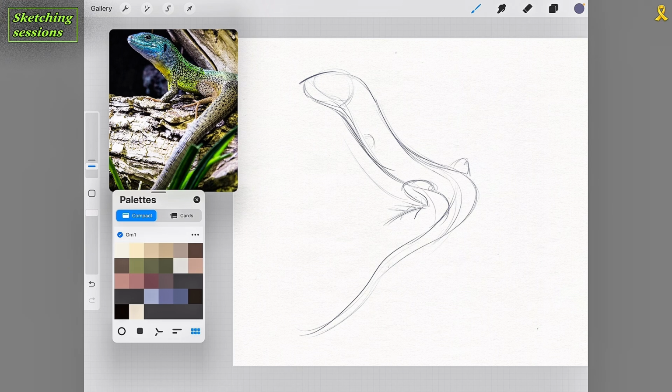I'm not going to create a precise, realistic drawing for my needs. I don't need it. I need just to understand the main idea, the main shape of this creature, and for understanding, I need to draw it. Of course, I need just to draw it. Okay, about